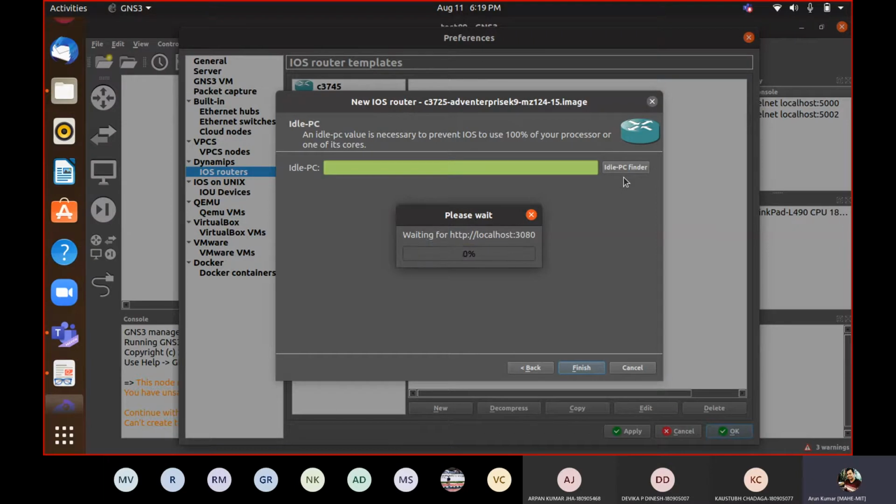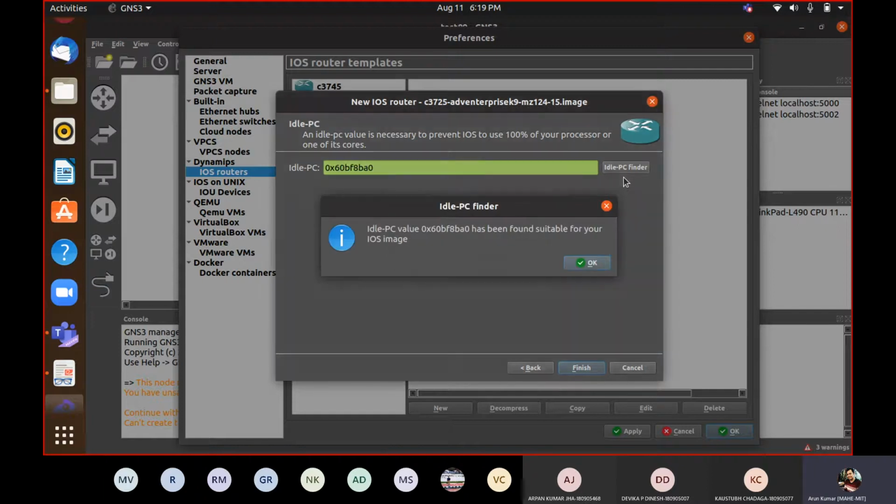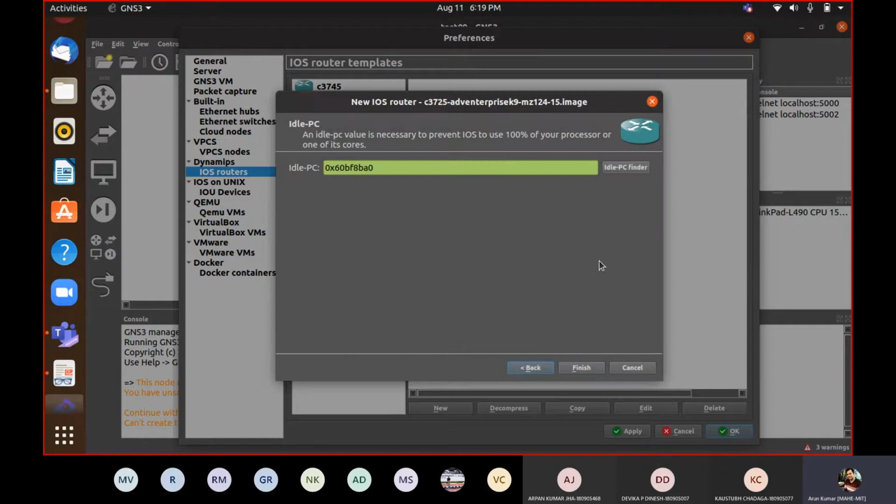Once you calculate it, suppose your friend has to install it and it is not calculating the value for him. So you can keep this value. Suppose this is the value for this image, this value is going to be the same. So if I know this value directly, without using the idle PC finder, I can directly write this value. This is in hexadecimal. It's always better to find it from your PC itself, but sometimes it does happen that for an image you are not able to find the idle PC value. So if any one of you has installed it, you can keep this value handy with you, and then while installing just type it here.